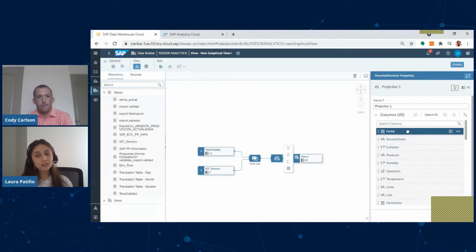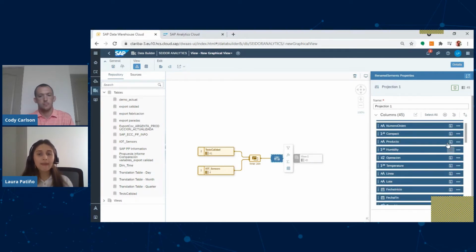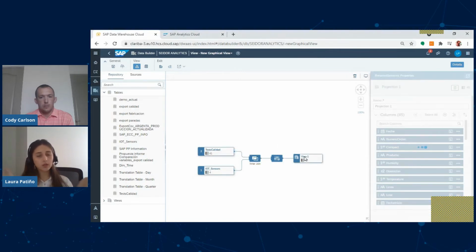This is a filter showing me which table each record belongs to. If I select these whole records, it shows me that they belong to both tables. I can also select if I want to exclude one of those records or columns. For this case, we're going to use the whole information.